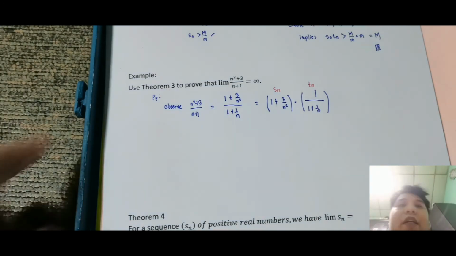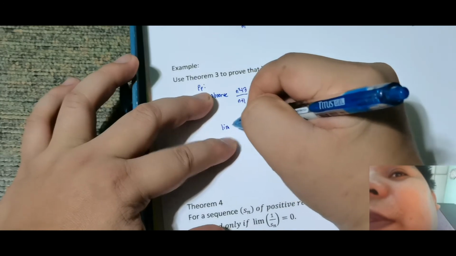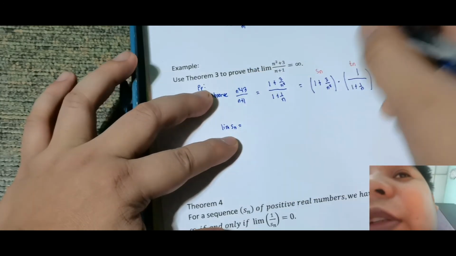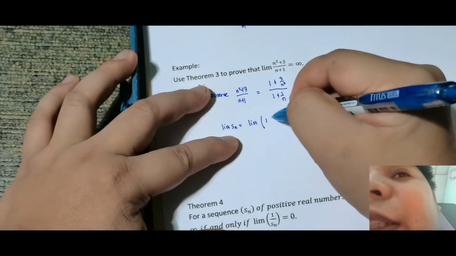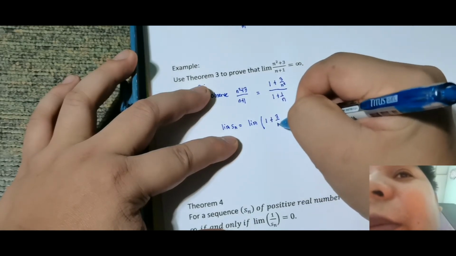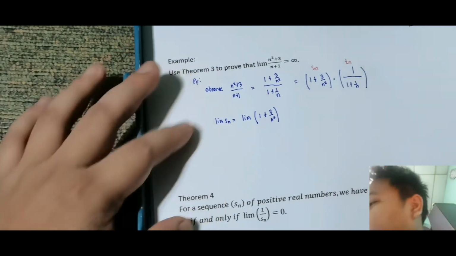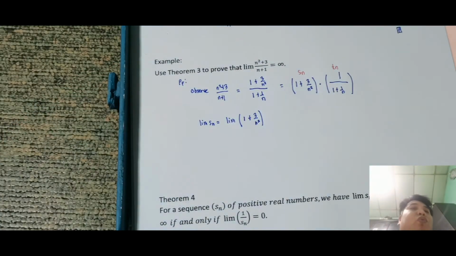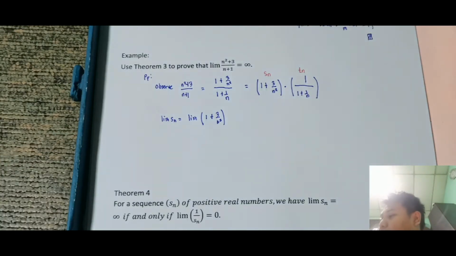Okay, so check natin ha. What is the limit? So now the limit ng S sub n natin, which is equal sa limit ng 1 plus 3 over n squared. So what is the limit niyan, sir? Observe na yung limit niya is equal to, habang lumalaki itong number na to, imagine mo, habang lumalaki yung number na to,